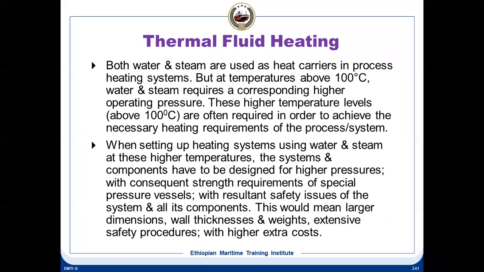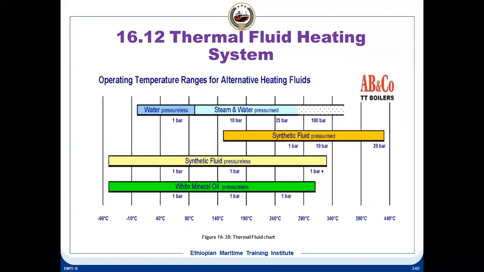The advantage of your thermal fluids heating system is in shipboard operation. For example, we go back to the graph. This is almost near 430, maybe 425 or so. The requirement for having heating fluid at 420 or 430 degrees centigrade on board our ships is very limited, if at all. For industrial purposes, yes, there could be a whole lot of processes where you require these kinds of temperatures.